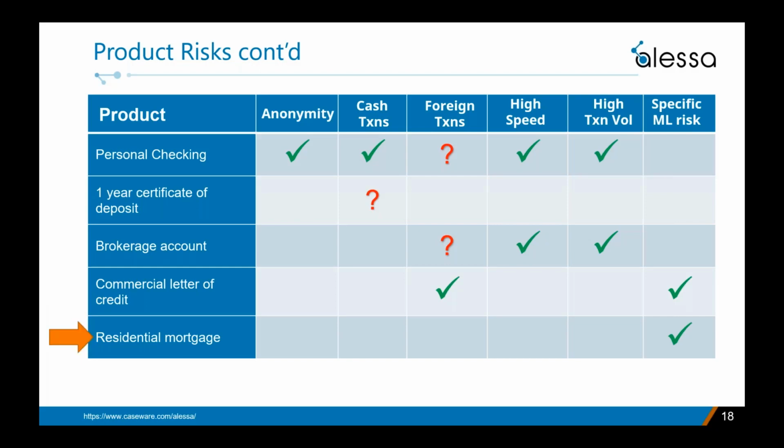Now, the last one shown here is a residential mortgage. And it's interesting that loans and mortgages are getting a lot more attention in recent years because of a growing trend in real estate-related money laundering. Now, the Financial Crimes Enforcement Network, or FinCEN, classifies the real estate market as a particularly attractive market for money launderers due to the fact that a purchased property appreciates in value over time, which protects the buyer from market instability, and it allows for laundering a large amount of illegal funds with a limited number of transactions.